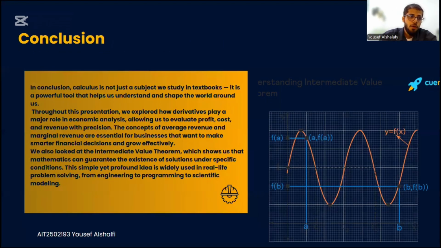So now we come to the conclusion. In conclusion, calculus is not just a subject we study in textbooks. It is a powerful tool that helps us understand and shape the world around us. Throughout this presentation, we explored how derivatives play a major role in economic analysis, allowing us to evaluate profit, cost,